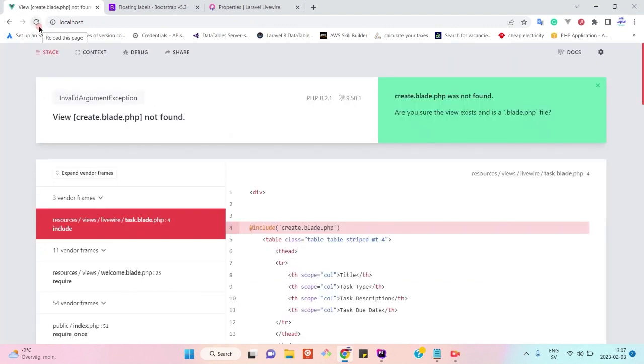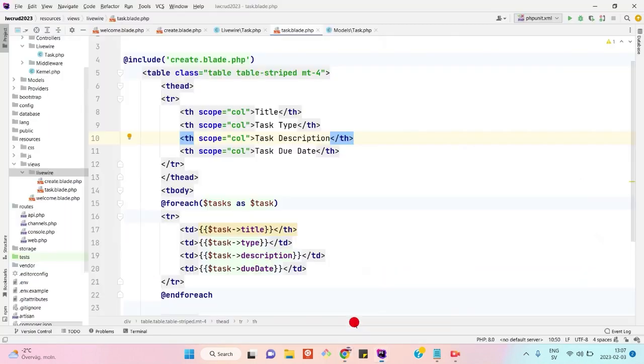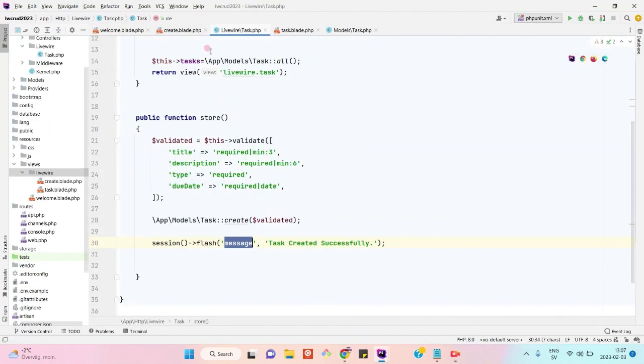View create.blade.php not found. Yeah, because